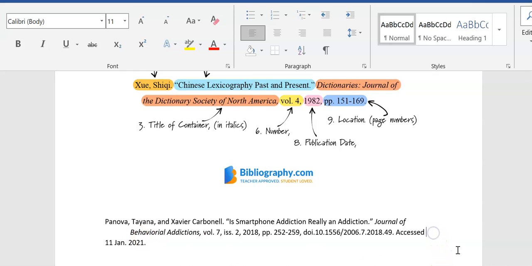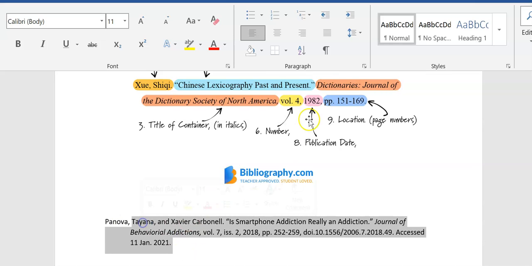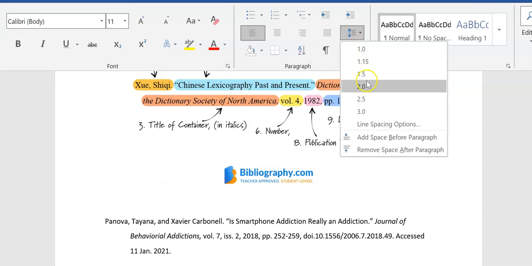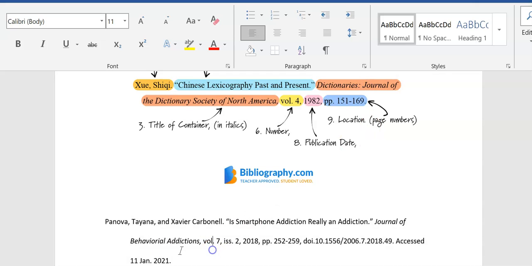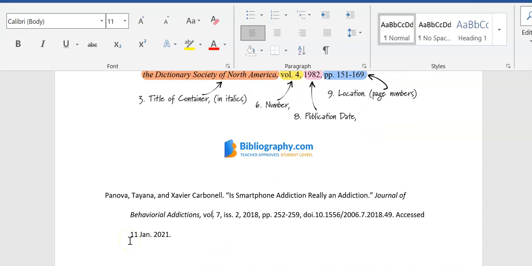And then I click on the end of this line and push the tab button again, and it turns this into what's called a hanging indent. I would also make this all double spaced in my works cited page. So that's what it would look like.